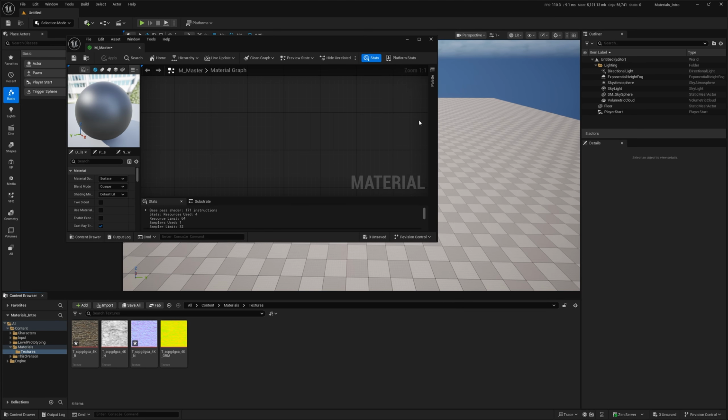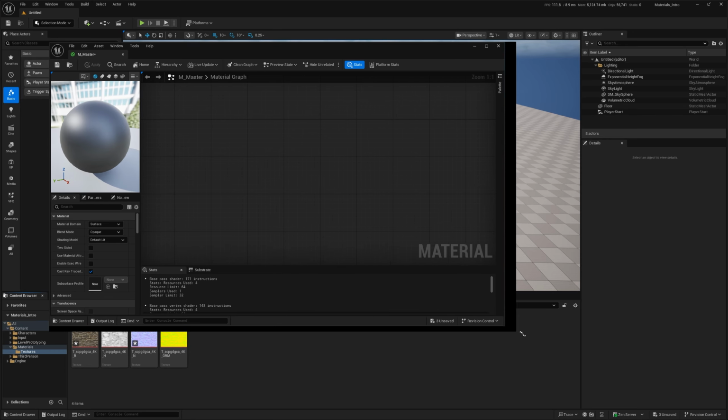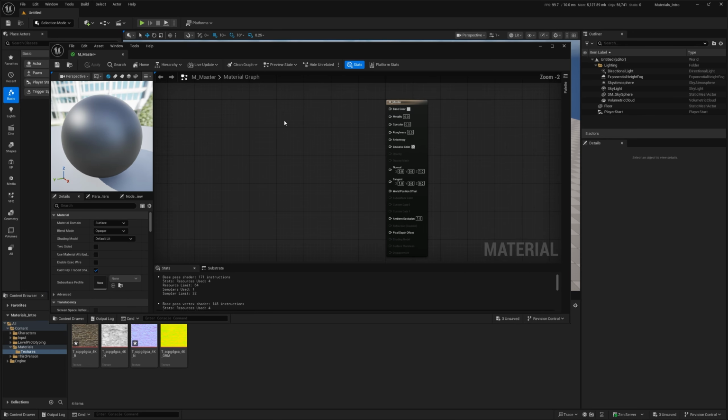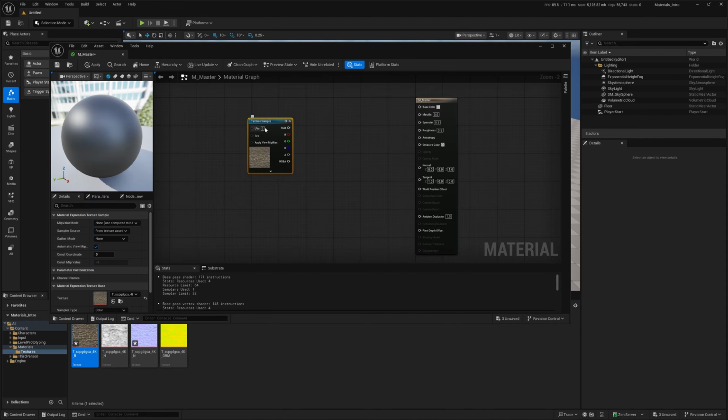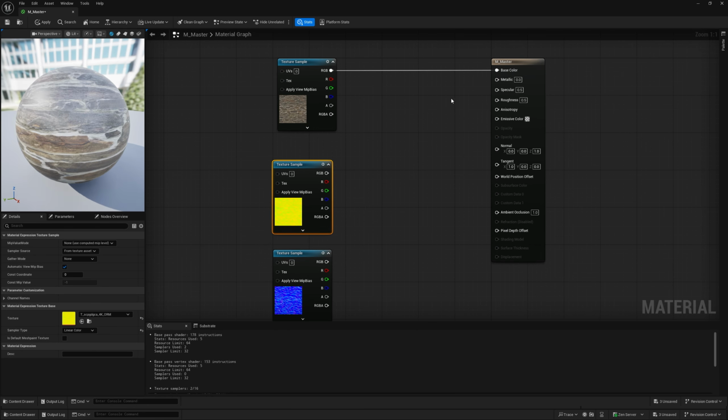So now we will start creating our first layer of our master material. So the first layer is these maps only. So we will connect these maps. So we will leave the displacement for now, and we will later see how to add it. So we will add the normal, and we will add the occlusion, roughness, and metallic. So we will connect the color to the base color, and for occlusion, roughness, and metallic, this is a